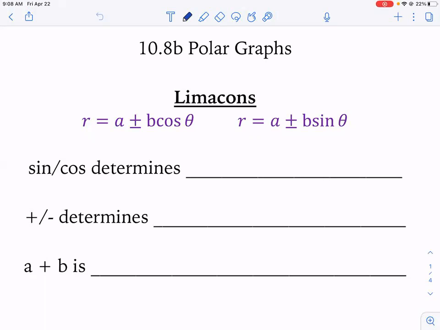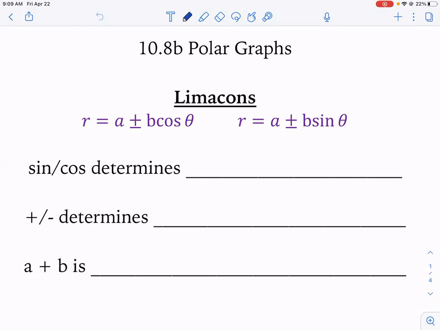Okay. So we are going to talk about limaçons. That's how you say it. Limaçons. They're the ones that look like lily pads. Okay. When we have a limaçon, they are either going to look like